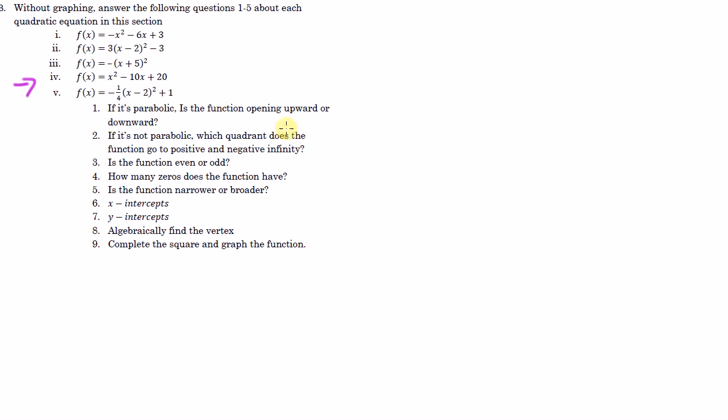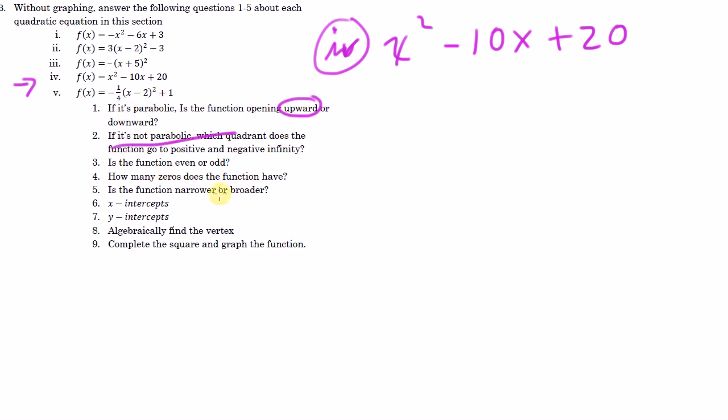Alright, so we're doing this one, number 4. Let's see, x squared minus 10x plus 20. Alright, so this function is parabolic and opens upward. This one doesn't apply. Do they even have any cubic ones in here? I don't see one. Is the function even or odd? The function is even. How many zeros does the function have? Well, it could have up to 2. Is the function narrower or broader? Well, we'll figure that out in a minute. Let's try to find our